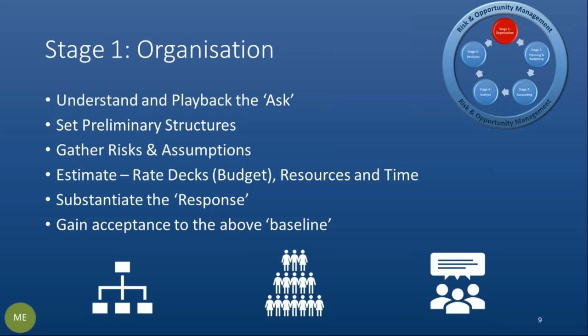An integrated master schedule, whilst it may not be fully formed in the first instance of stage 1, it will become more and more put together and agreed upon as you go through this stage, and eventually it will form an agreement to the baseline. And then of course, once you've done that, you bring everything together and there is something called a responsibility